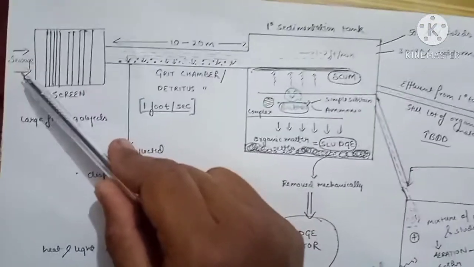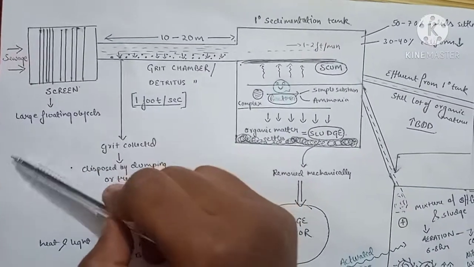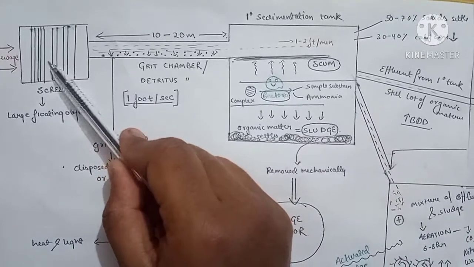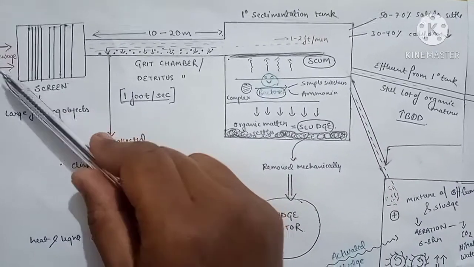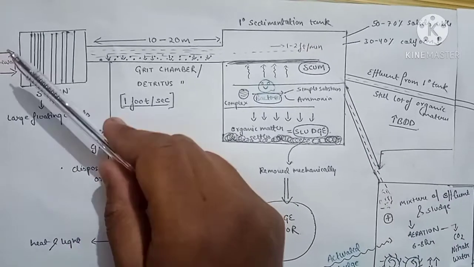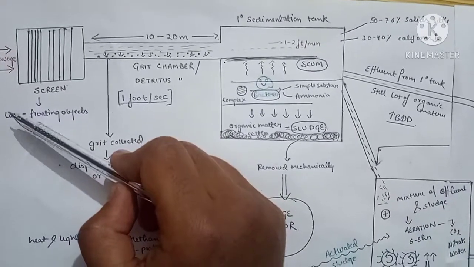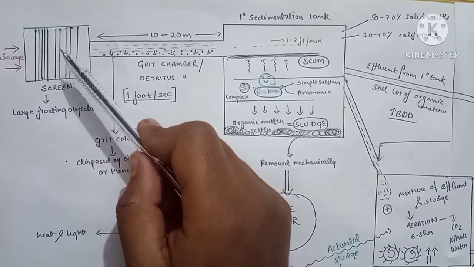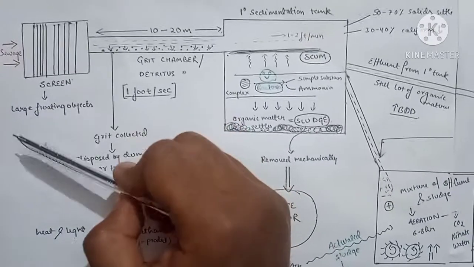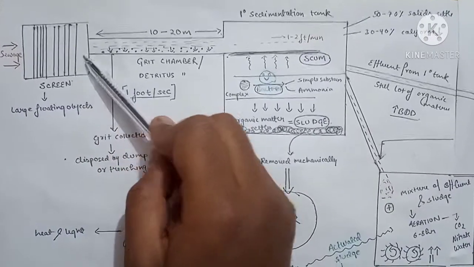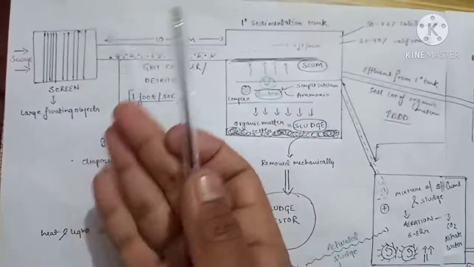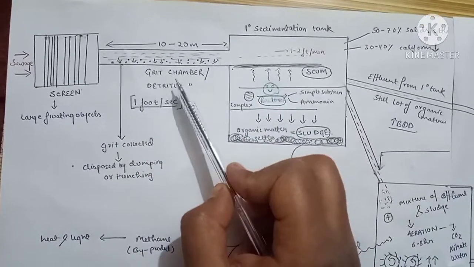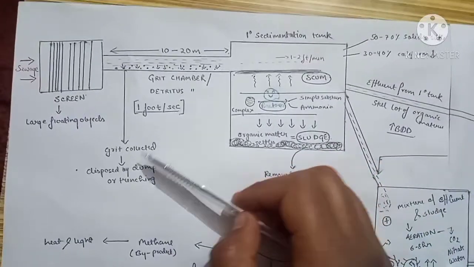So the first thing the sewage passes through is a bar screen. Now this screen consists of iron rods, generally in a pair of 5. These are the iron rods, and the sewage passes through it. As the sewage is passing through, large floating objects like wood, metals, and other large animal products are filtered, and they do not pass through this screen. They remain behind, and then the sewage passes into the next place, known as the grit chamber or the detritus chamber.